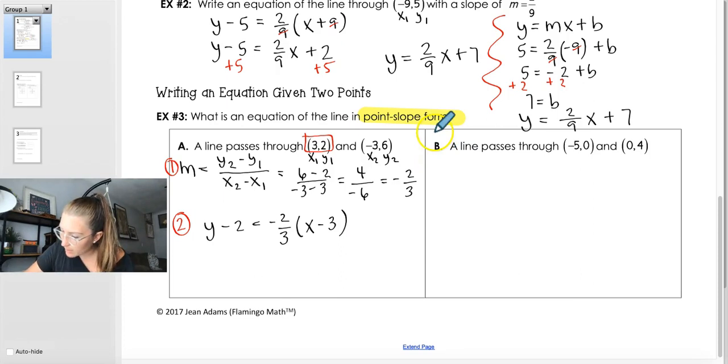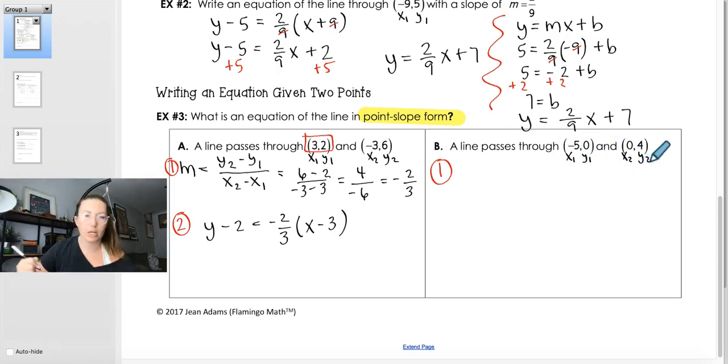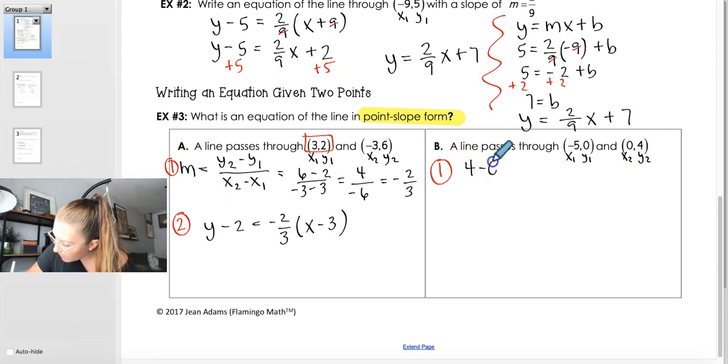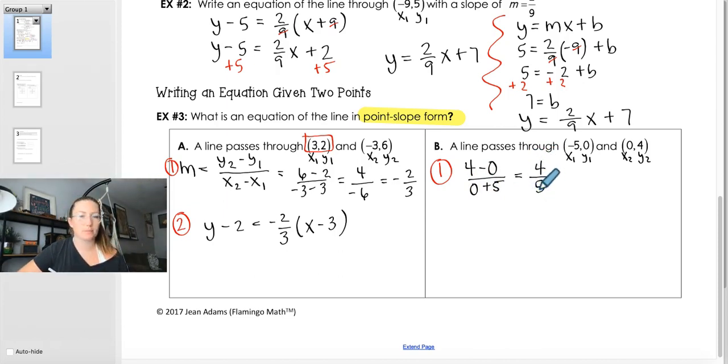So step 1, find our slope. Again, I like to label x1, y1, x2, y2. Change in y over change in x. So I'm going to get 4 minus 0 over 0. It's going to be a minus 5, so that's going to give me a plus 5. So this will give me a 4/5. Okay, after I have my slope, we're going to go ahead and put it into